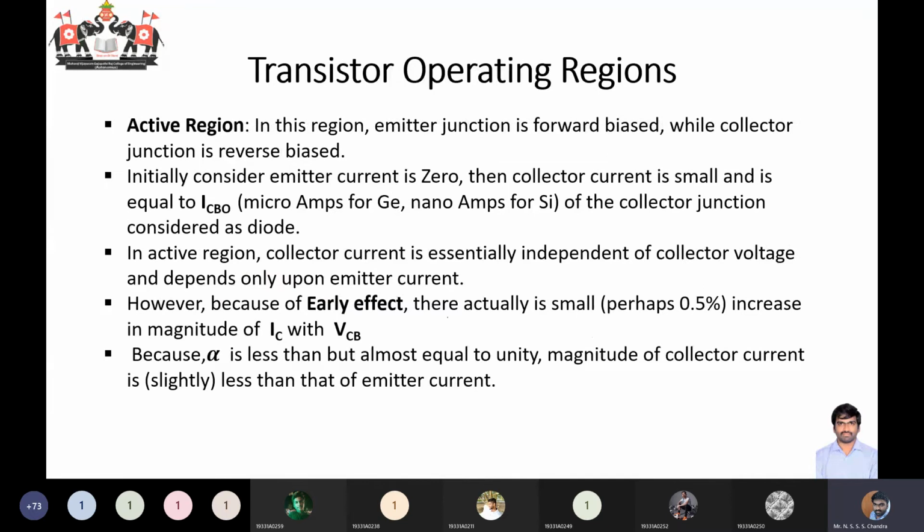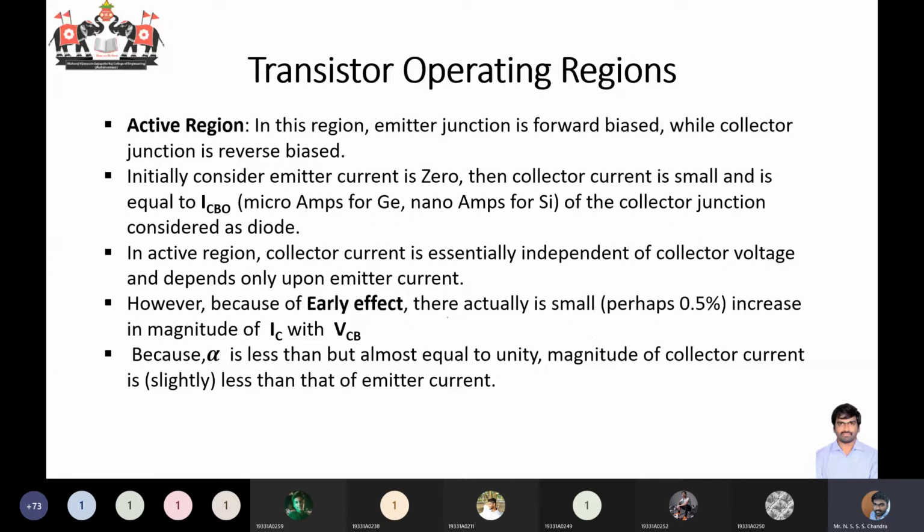So whenever you're asked to write about any transistor characteristics, you need to explain about the input characteristics, and when you're explaining regarding the output characteristics, you need to explain all the three regions. You need to explain about active region, and then about the cutoff region, and also about the saturation region. So only then your answer will be complete. However, in the PPT, I have only explained these three regions for the common base configuration. For the remaining configurations also, your explanation will be more or less the same.